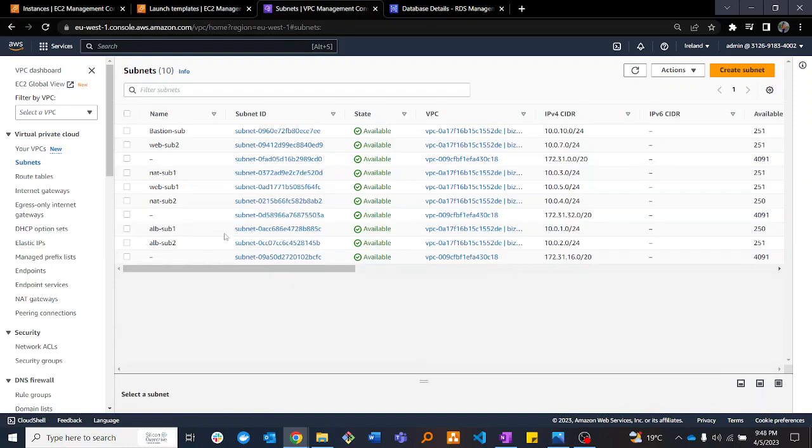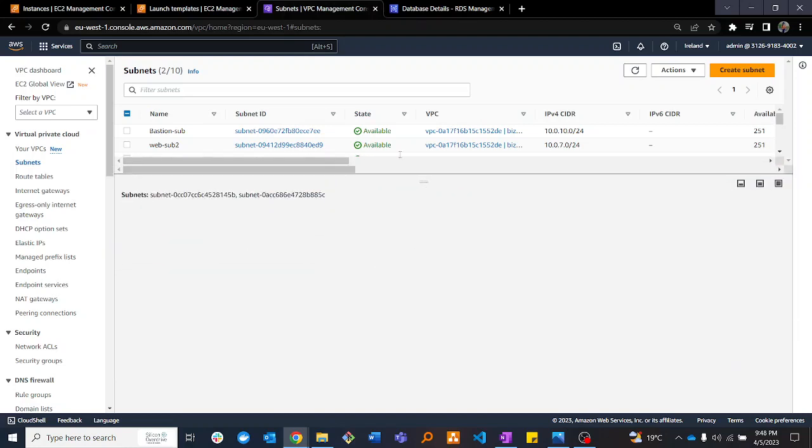So we have two subnets for our load balancer. This is where our application load balancer will be running. So we have ALB subnet 1 and ALB subnet 2. All the subnet 1s, these ones are running, as you'll notice,